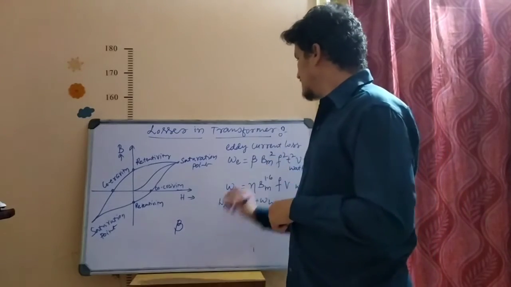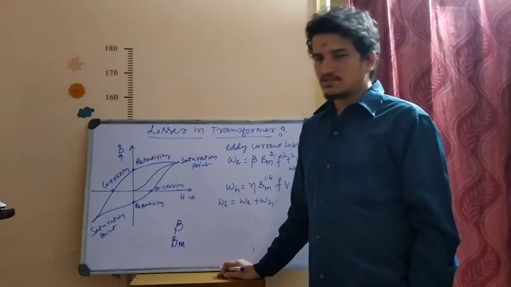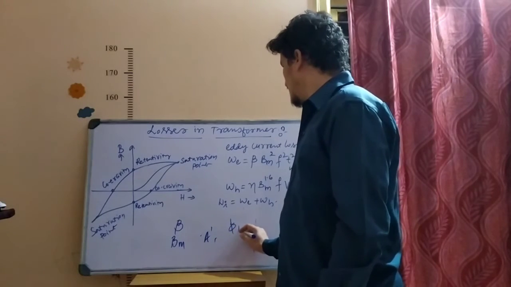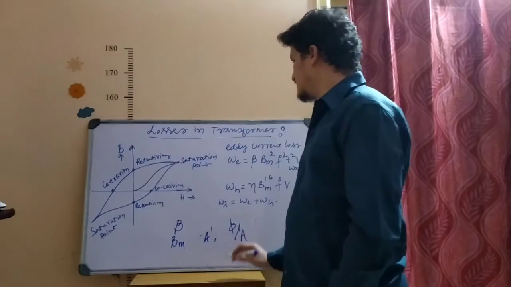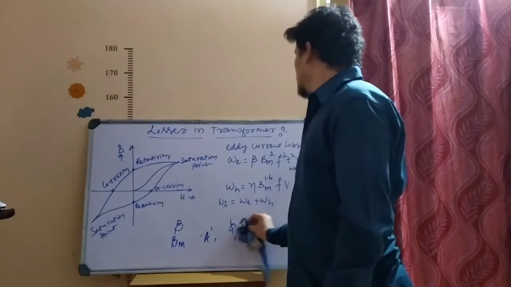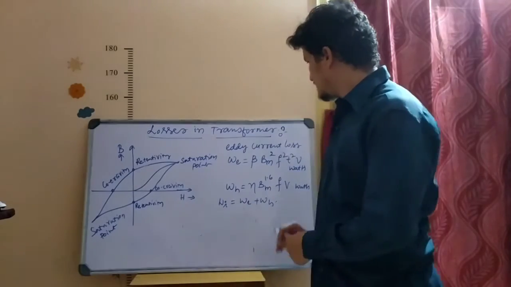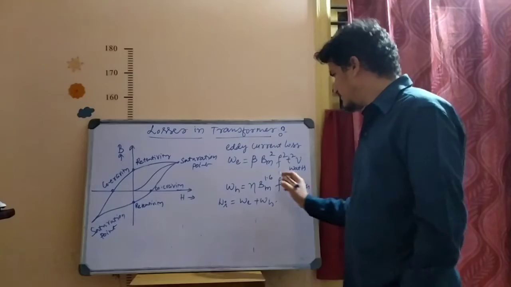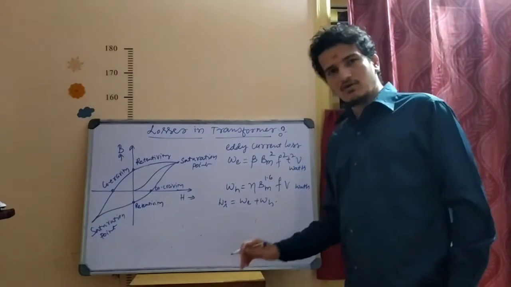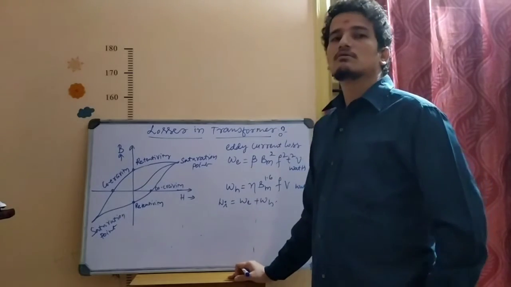And Bm is the flux density. Flux density means, if A is the area of cross section, then phi divided by A is the flux density. So Bm squared into f squared. What is f? f is the frequency, t is the thickness of the lamination, and V is the volume of the